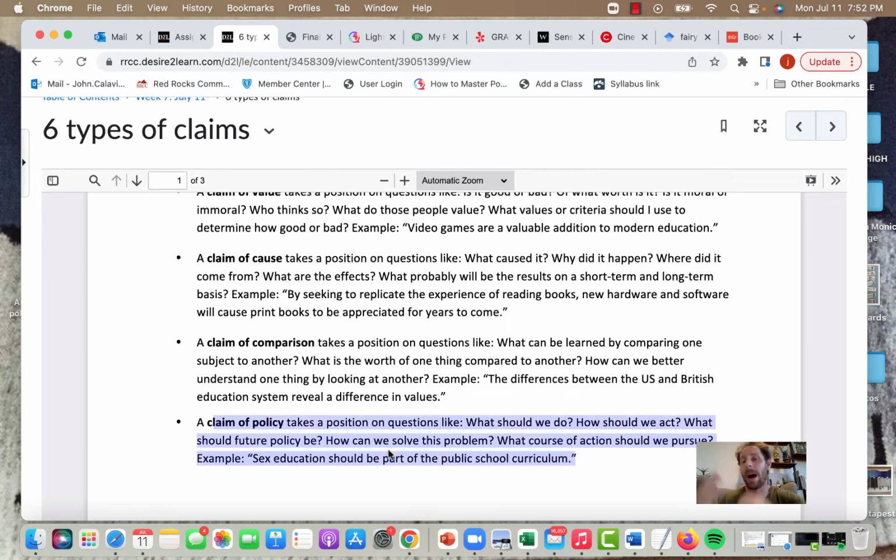For example, a claim of policy, right? How should we best teach about technology and ethics? Oh, I think we should look at science fiction, which wrote the book on technology ethics, right? Technology and science fiction has been speculating about the effects in the future of technology for like 150 years. So science fiction is best set to help us understand the ethics of AI or the ethics of nanotechnology or